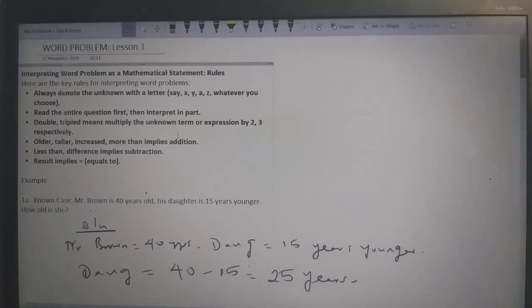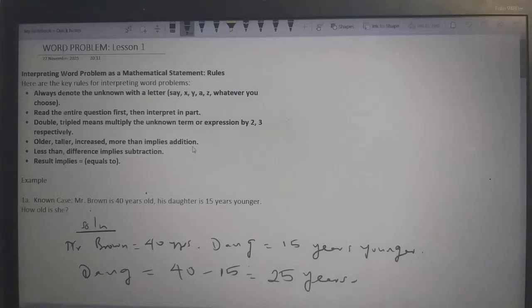And the rules you should adhere to: number one, always denote the unknown with a letter. The letter can be X, Y, A, Z as the case may be. The second rule is that you read the entire question first, then interpret in parts, so as to make the job less complex. The third one is you should note that a statement that involves double